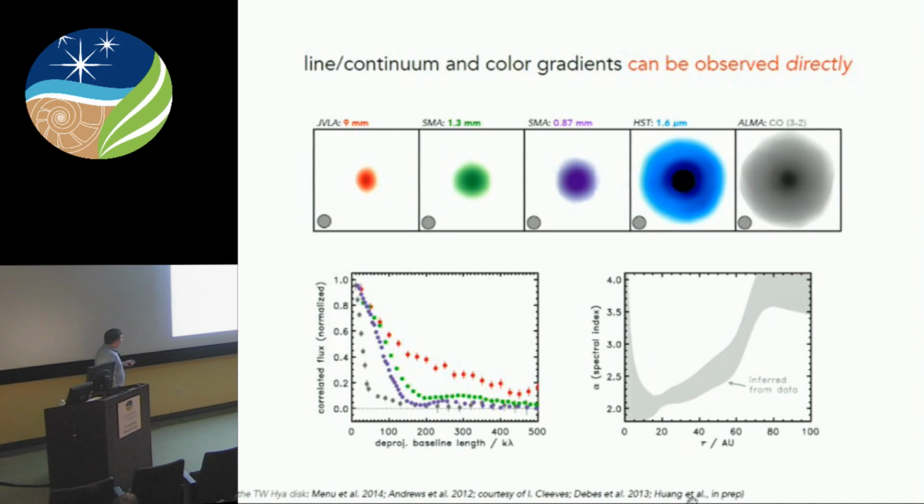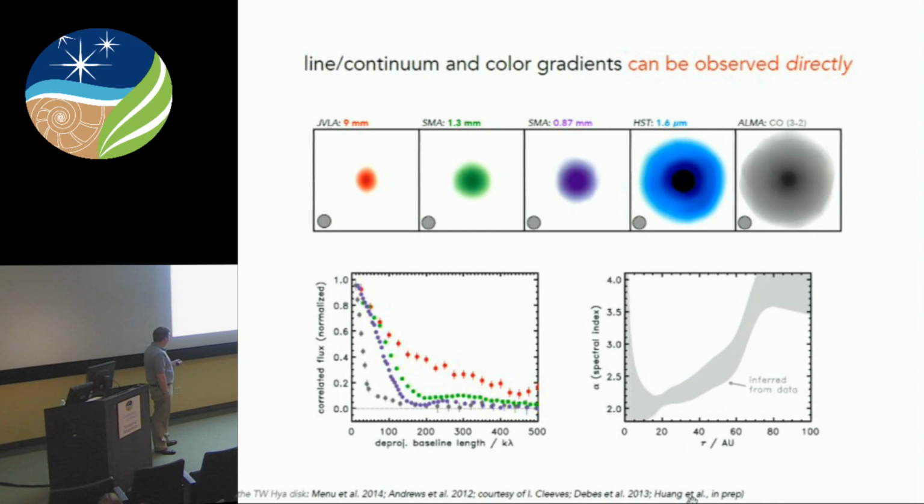And this sort of just illustrates that. It's actually quite a bit easier to see this effect in the visibilities than it is in the image, except for in this example, which is a good example. And if you want to model these data to try and work out how alpha, the spectral index, varies with radius, this is what you get. These are the 2 sigma error bars from some model inference of this.